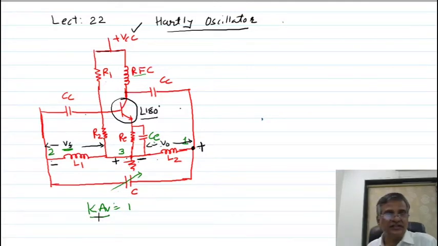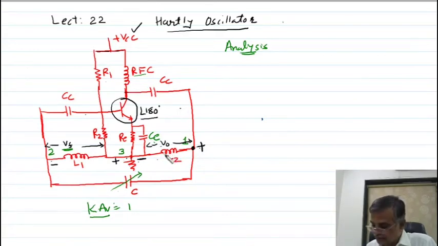I will now discuss the working of the circuit, how the 360 degree phase shift is obtained. Let us do the analysis of the circuit. You can see the voltage is developed across VO. You know the load is always known as a component across which output voltage is developed. I am showing you a certain circuit, it is very useful for the analysis.